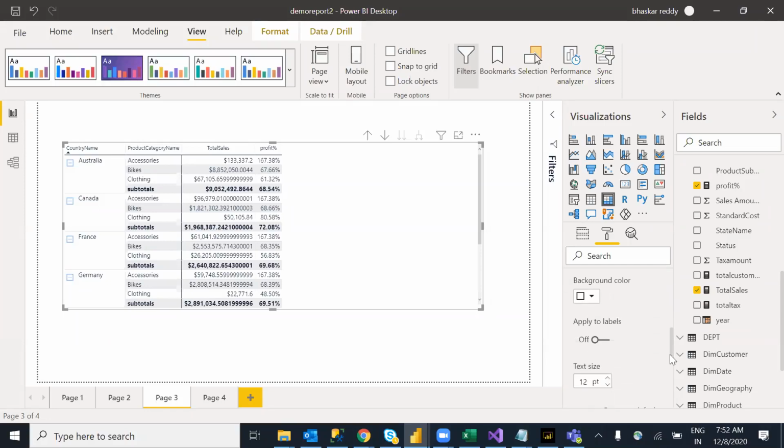Let me enable grand totals in the row headers. Why is the grand total not coming?